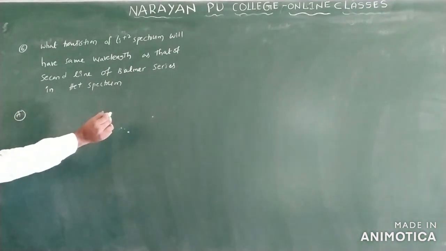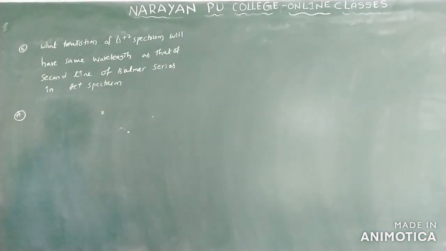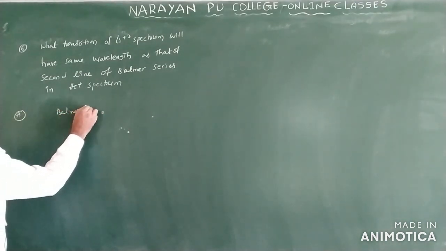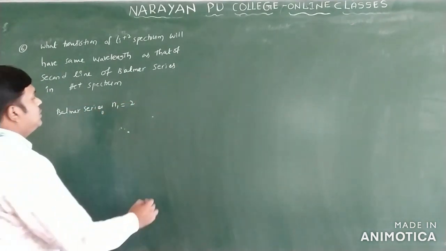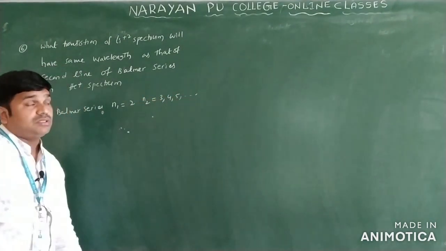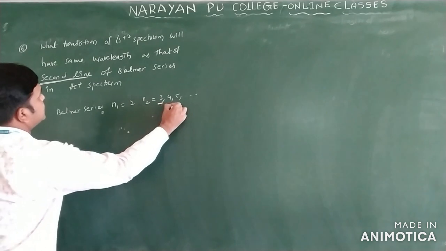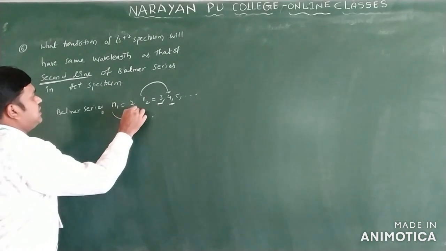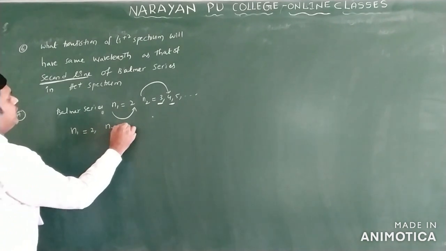So generally what is equal here? Wavelength of Li plus 2 is equal to wavelength of He plus only. Okay. So we will write here the series is given, Balmer series only. So for Balmer series N1 is equal to 2 only. So N2 is equal to 3, 4, 5 and so on only. So they are telling what line? It is the second line only. So this is the first line, this is the second line. So second line means N2 value how much we have? 4 only. The first line value N1 how much here? 2 only. So we will write here N1 is equal to 2, N2 is equal to 4.